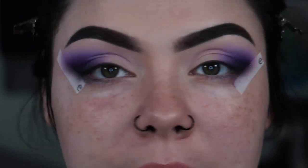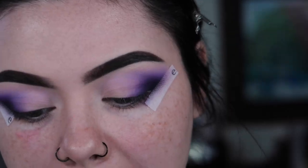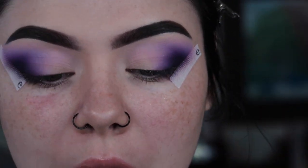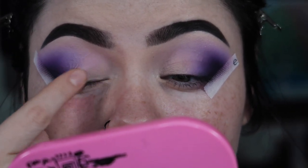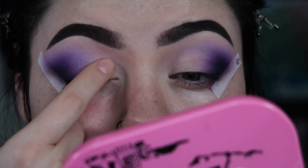So this is what the blend is looking like. I actually think I might need to take it a little bit higher on this side. I am almost done with this Peaches and Cream pigment. Honestly, this has lasted me so long. So I'm just going to take some of this pigment on the back of my hand, or the glue, and I'm just going to use my finger and press it in where I want